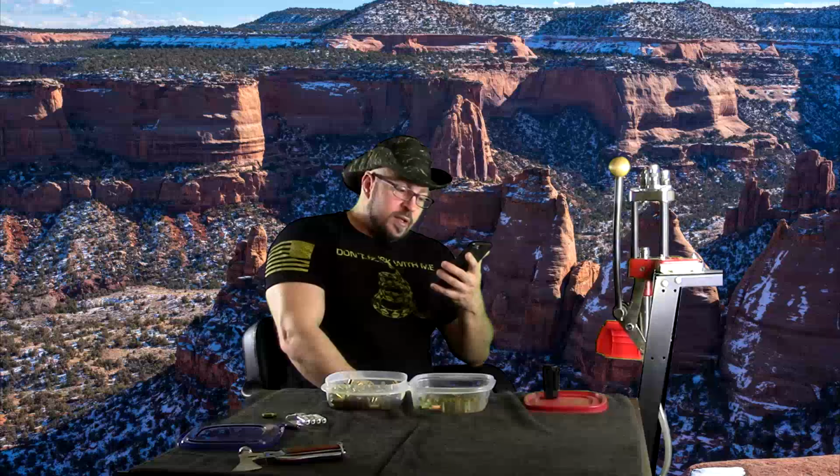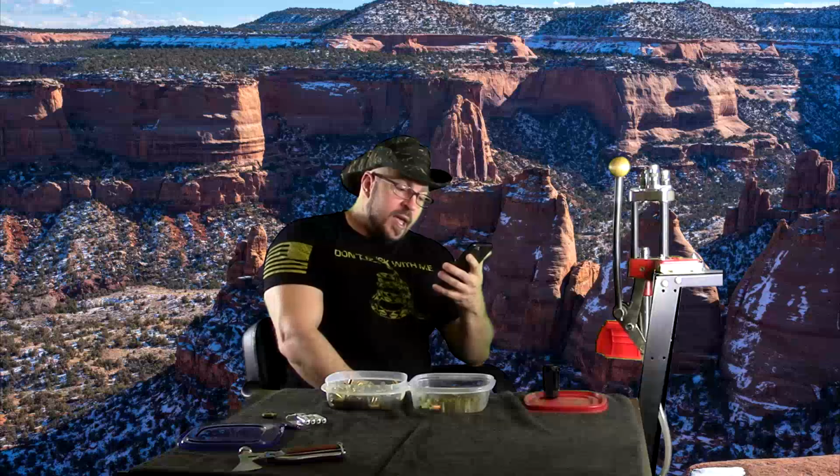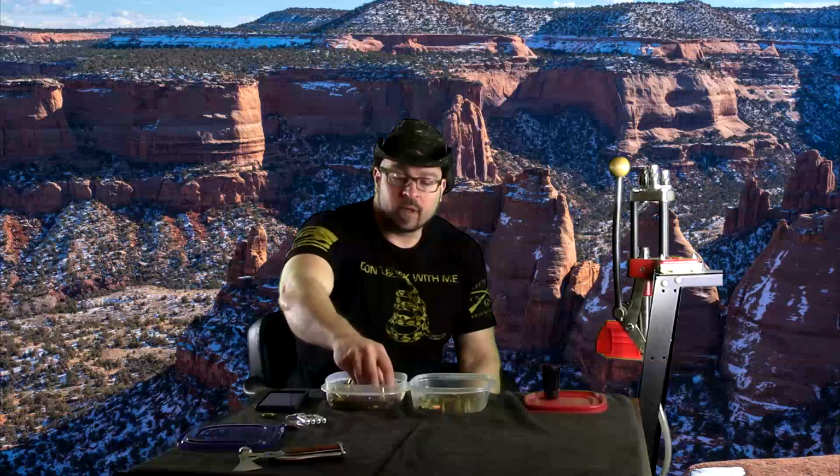I have a pretty significant strength imbalance between my left and right biceps. My left bicep is quite a bit stronger than my right, but is smaller. Any tips, advice to correct or at least minimize this? Thanks. All right, guys, what I always tell people who have these problems, I want you to think about that